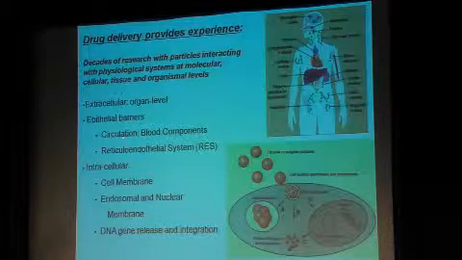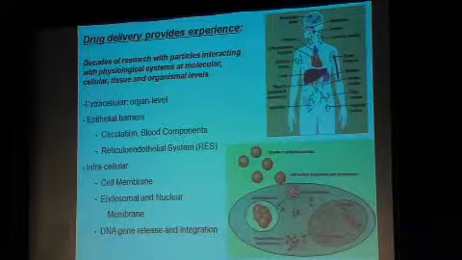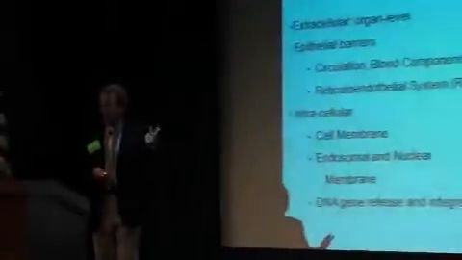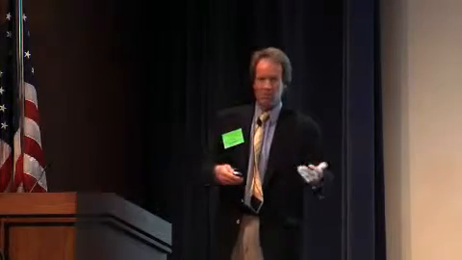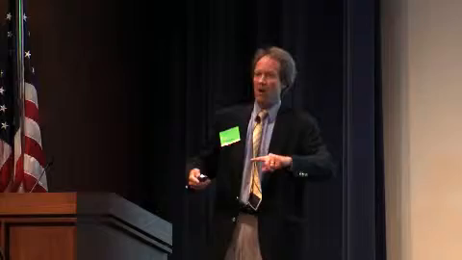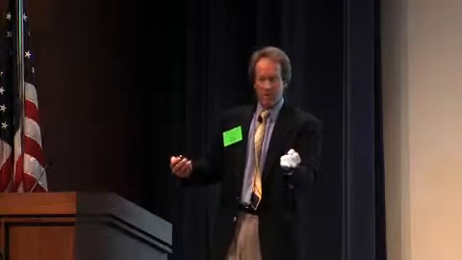We can also talk about the barriers to preventing them from getting to their intended destinations. Circulation provides a barrier. We're going to see that blood components, the plasma fraction, the serum proteins, the platelet fraction, the cellular fraction, all have a profound interaction with injected particles that prevents them from getting to their destination. That is, injected particles rapidly partition into blood components. The blood components will facilitate their distribution, but oftentimes by binding them, also prevent them from getting to their endpoint destination.